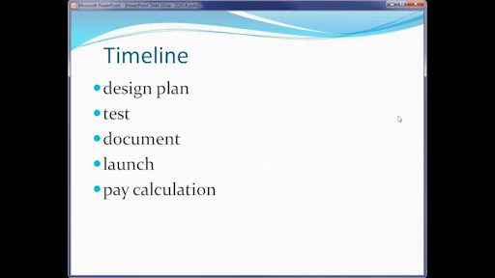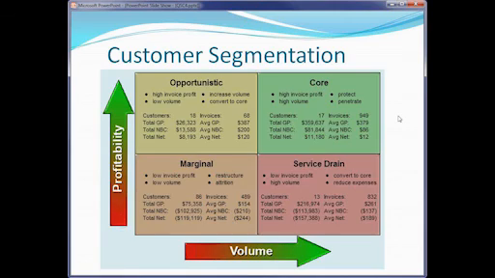And the launch process was a very important part of that, so that everybody understood how to use the plan and how to work the plan in their own favor. Then the final element is making sure that the pay calculation is in place and that there's a mechanism to accurately and on a timely basis compute the pay, and also an error correction process where if something goes wrong with the plan, there's a quick feedback loop so that course corrections can be made. So those are the 5 steps that you go through in the timeline of a proper plan.